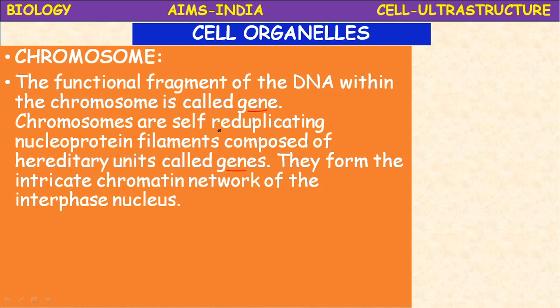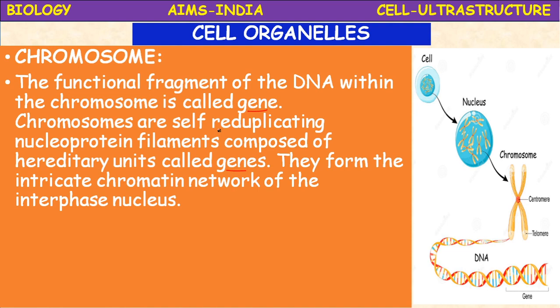Okay, for example, human beings, we have 23 pairs of chromosomes, 22 pairs of autosomes and 1 pair of allosomes, the sex chromosomes. The chromosome number has to be maintained constant. In order to maintain the chromosome number constant, this interphase is the phase where the duplication of the chromosomes or replication of the genetic material takes place. Okay, so we can say the volume of the nucleus will increase during the interphase.